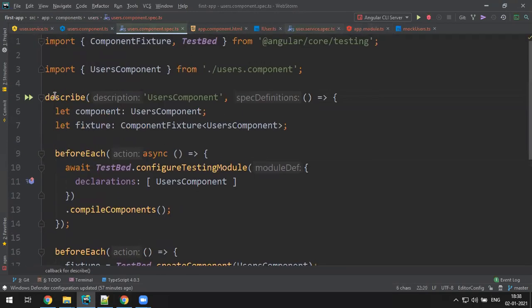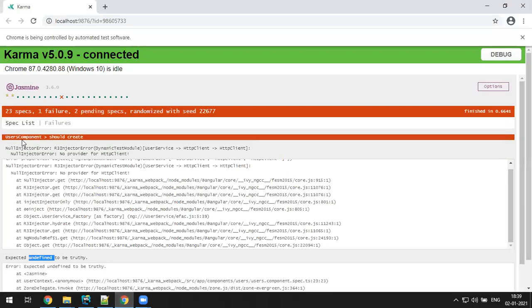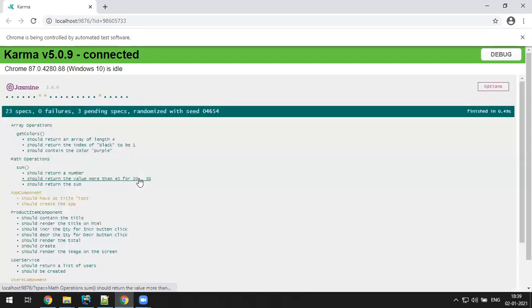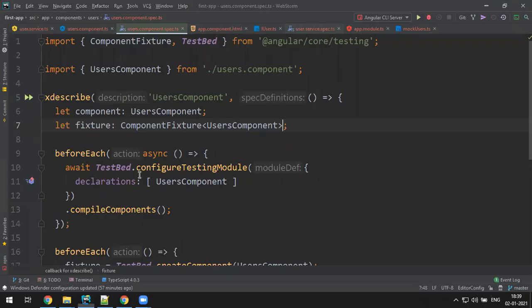I'll just exclude the users component. Now it's coming from users component, not from ours. Okay, so now succeeded. Yeah, I gave x to exclude this test case.